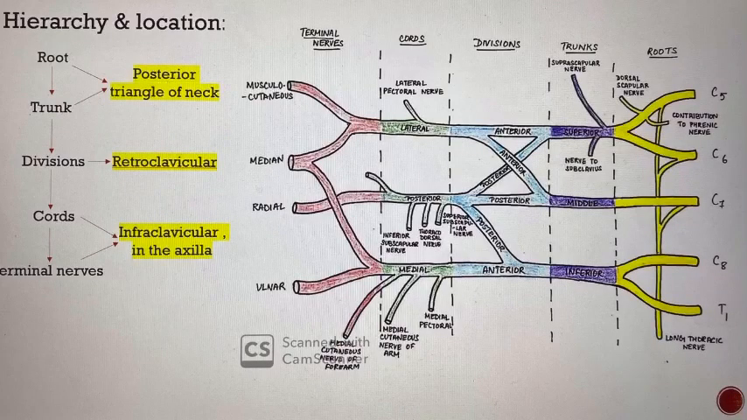From this diagram, we can see the branches coming from the roots: the dorsal scapular nerve, long thoracic nerve. The ones from the trunks: suprascapular nerve, nerve to subclavius from the upper trunk. The nerves from the cords, lateral